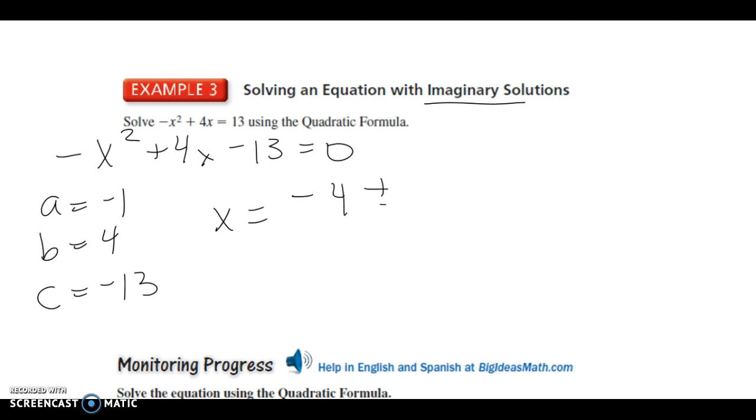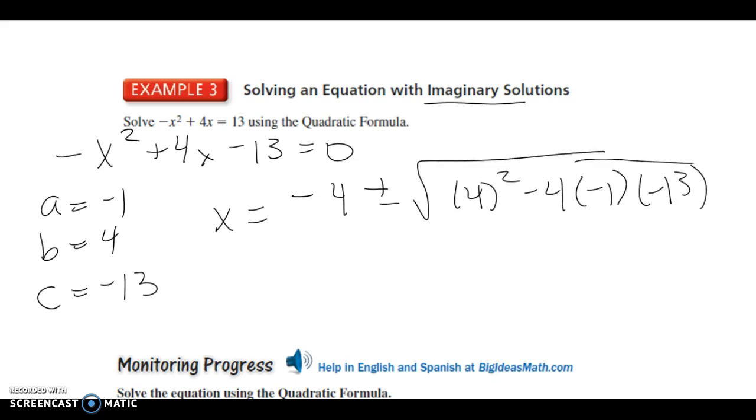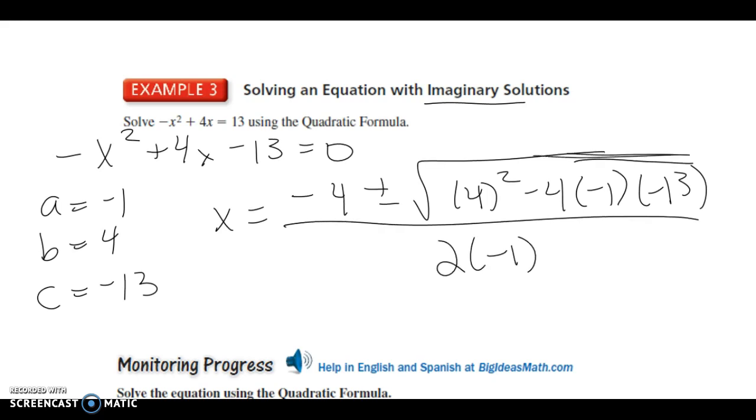Negative b plus or minus the square root of b squared minus 4 times a times c all over 2 times a. My suggestion, reduce the outside number, negative 4, and the denominator will be negative 2. Now let's focus under the radical. 4 squared will be 16. 4 times 1 times 13